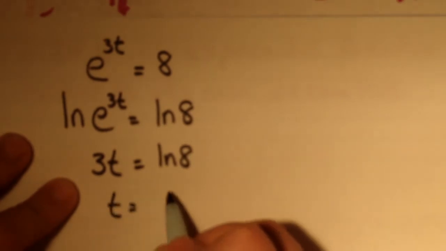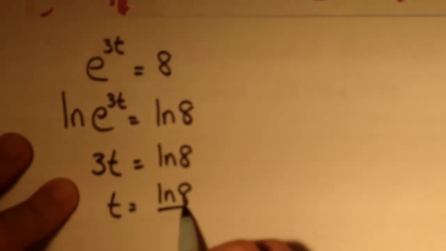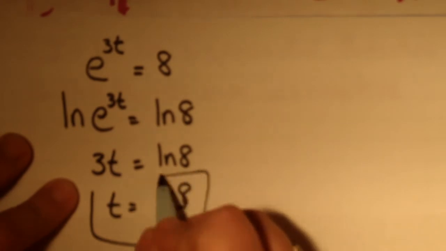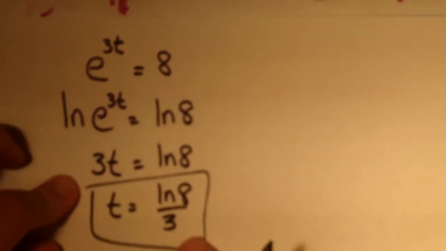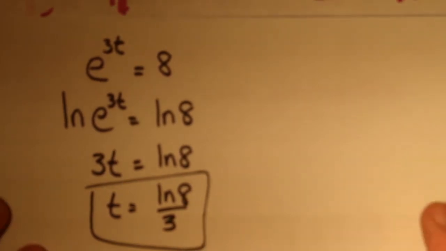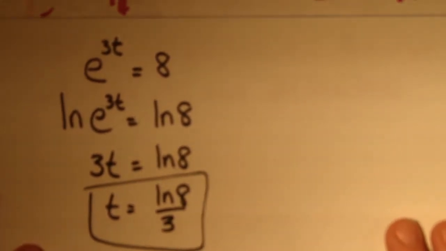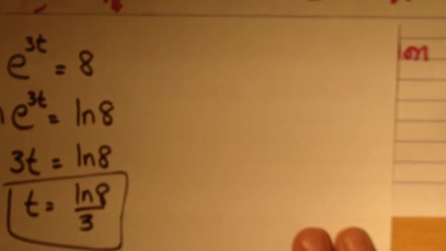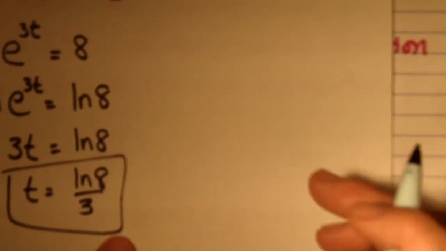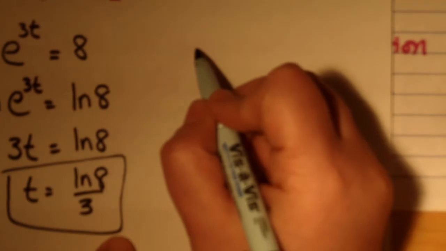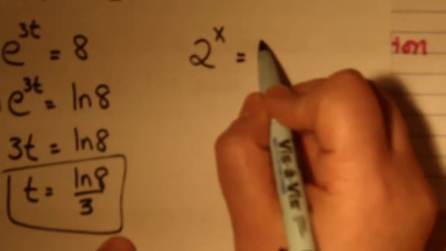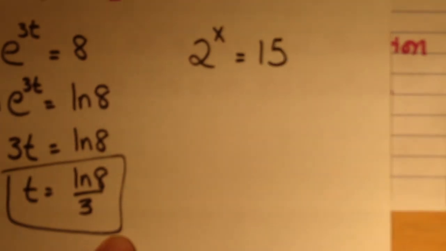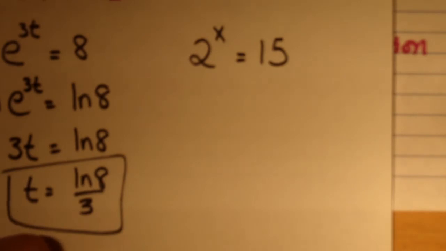And then we can leave our final answer in this form. That would be an acceptable final answer. I could change it to a decimal if I wanted to, but that would be an acceptable way to leave my final answer. Now, another type of equation where we're going to use natural log to help us is if we were solving something like this. We know 2 to the 4th equals 16, so I'm expecting an answer a little bit less